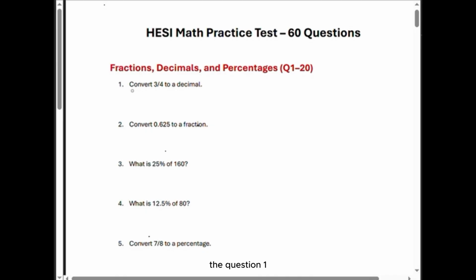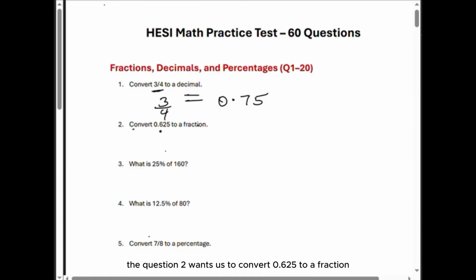Question 1 wants us to convert 3 over 4 to a decimal. It is quite easy because you just need to use this in your calculator. You have a screen calculator where you can put this value into, and easily your 3 over 4 is the same thing as 0.75. That is quite easy, right? Then question 2 wants us to convert